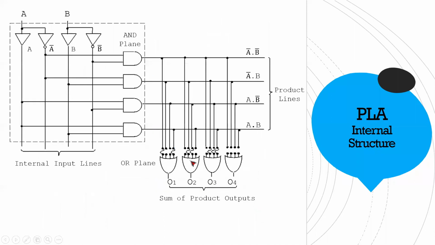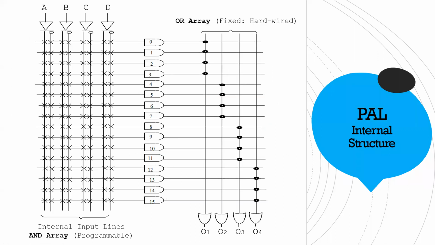Previously, you had common things like, let's say AB. AB was common here and here, right? The same thing was common in two OR gates. AB was here, AB was here as well. That means the same thing was shared by two OR gates. Now there is no sharing. This AND gate will be part of this OR gate only. This will not be shared with other OR gates. That means you have to make it twice. Okay, let me give you an example.